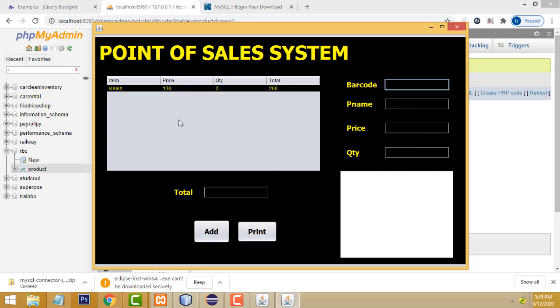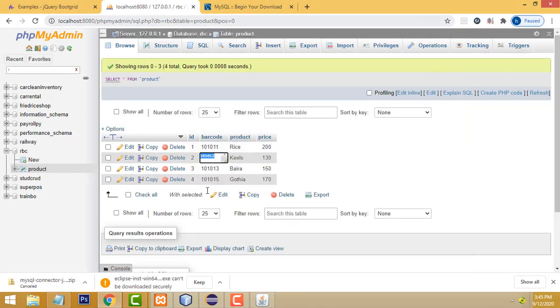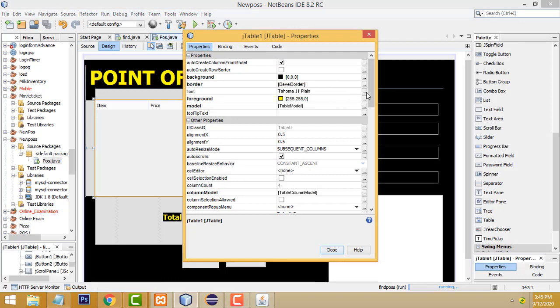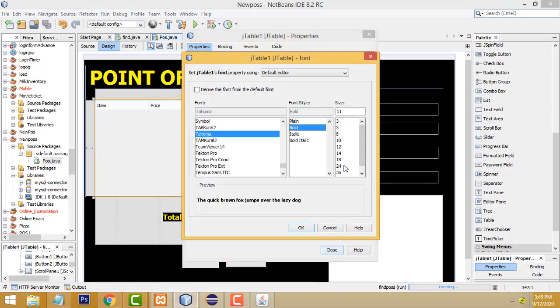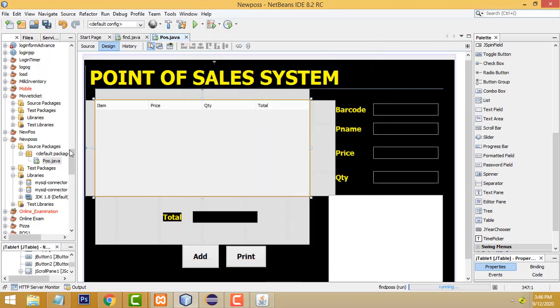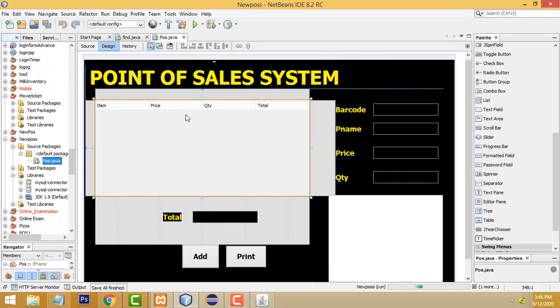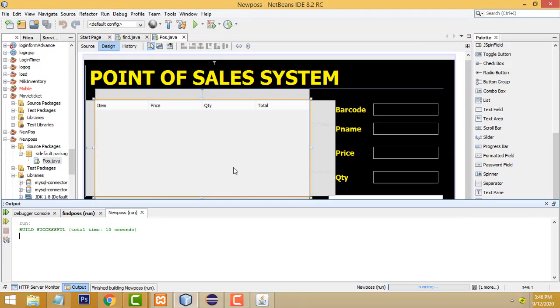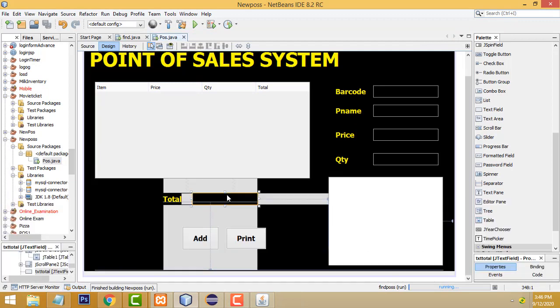Click the add button. Just see, simple. If you want to increase the size of the font, you will be able to see. Select this one. Font, bold, 14 should be enough. Right. This is simple stuff. Okay, very simple. This is all the stuff, keep it in your mind, right? So click add. It's working perfectly. Now let's do the fine total also, the same thing. The color we didn't change.